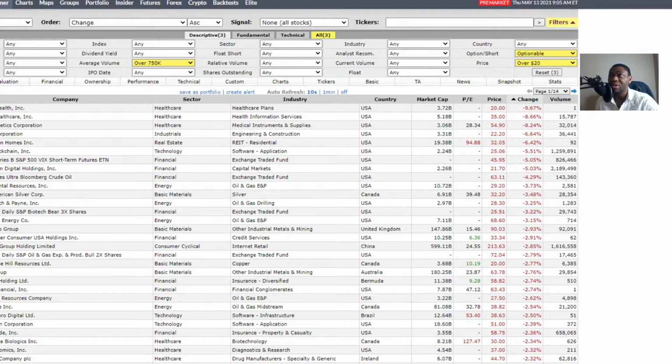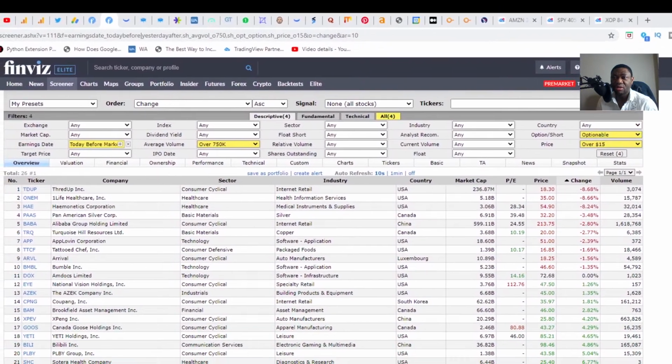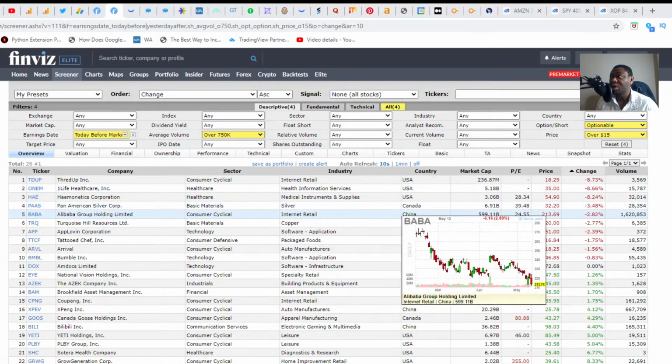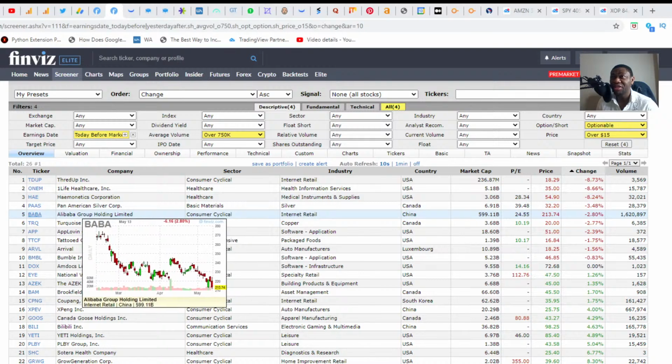But more importantly, today being Thursday, I keep clicking on the wrong thing. Being Thursday, here's the list of stocks that had earnings yesterday and this morning. Let me make sure I share the filters with you. Optionable, and in this case I went over $15. You can extend this, right? There's no set rule that says you cannot trade stocks below $15. The stocks that are cheap, I just chose not to because I prefer the big ones. Volume over 1 million or over 750,000 shares. And then you toggle the change here. There are not that many stocks that I know of, except, oh, look at this,